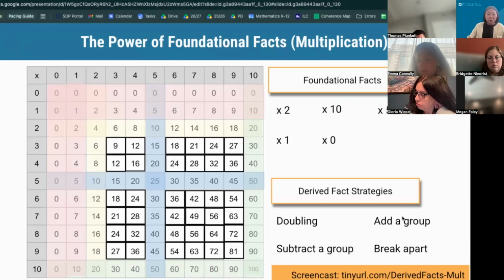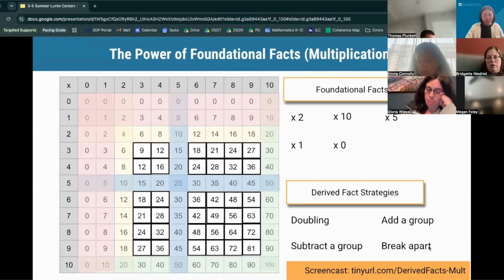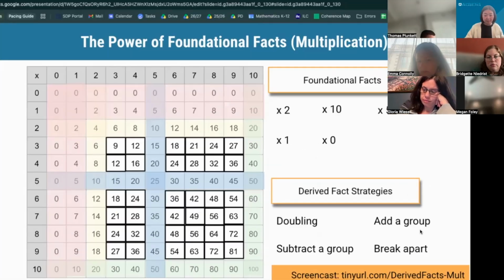That was a really quick run through of the derived fact strategies. Here's a tiny URL that you can look at in August. Hopefully you'll take time to rest this summer, and in August when you think about what fact strategies students might be ready for, the big takeaway for this slide is we want to be intentional when we think about assigning centers. So instead of just saying, okay, I know we need to know all of these facts, so let's just do all of our facts at once, that won't really help students think